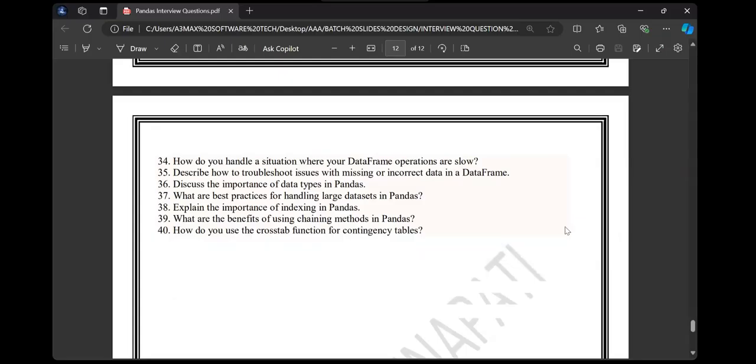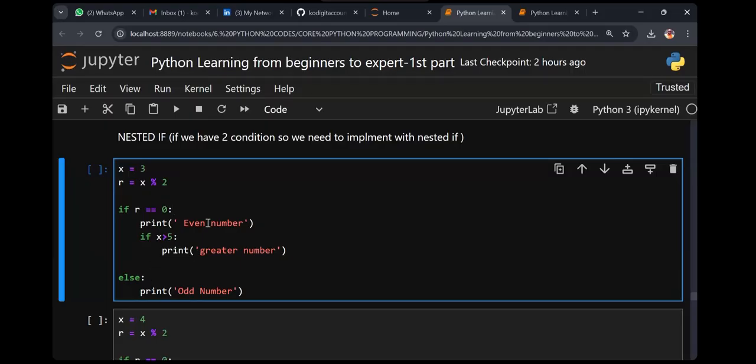Next one, try this. If the number remainder equals 0, it is an even number, isn't it?